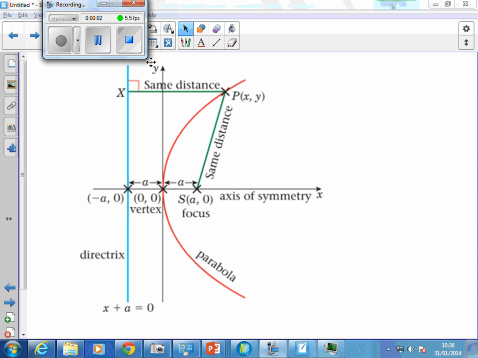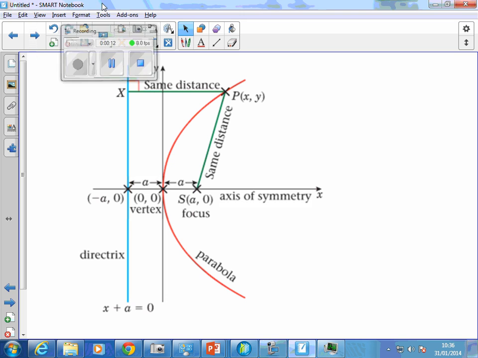Okay, so before we look at an ellipse and a hyperbola defined in terms of the focus and directrix, I'd like us to be reminded of a parabola. And this is back to FP1. And I want you to spend a few minutes to tell me, in order to satisfy that given condition, that